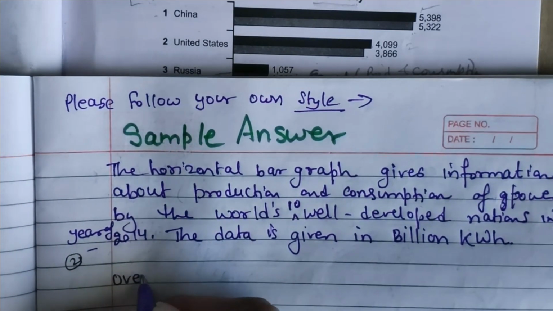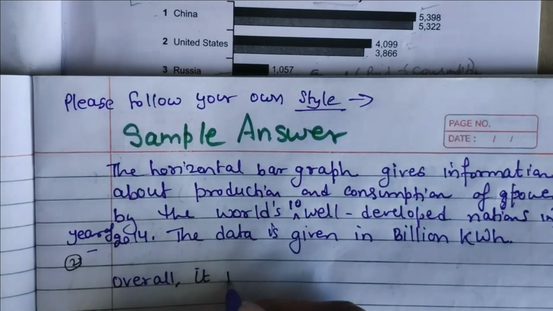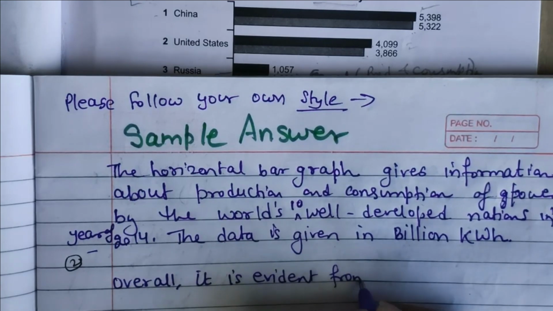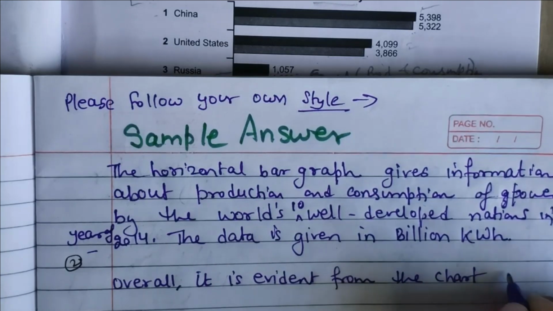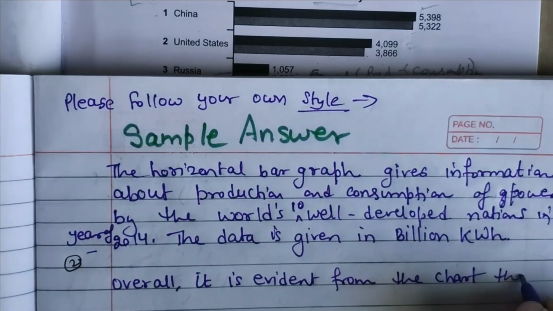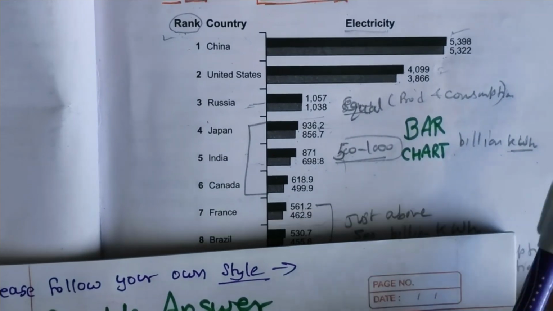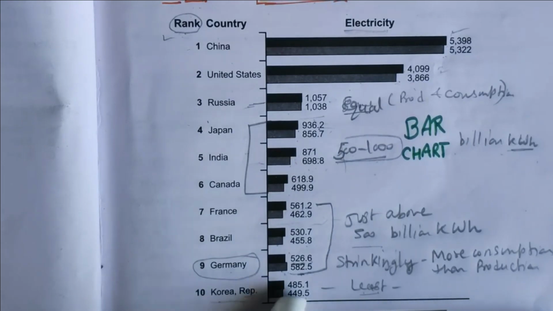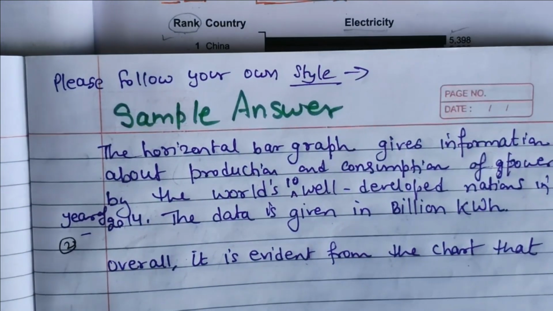Overall, what we can see, it is evident from the chart, or from the graph, that as we know this is the highest, this is at the number one rank. So we will talk about firstly this and then this, and of course this also, and any other striking, different thing we have found in this. Okay, it is evident from the chart that